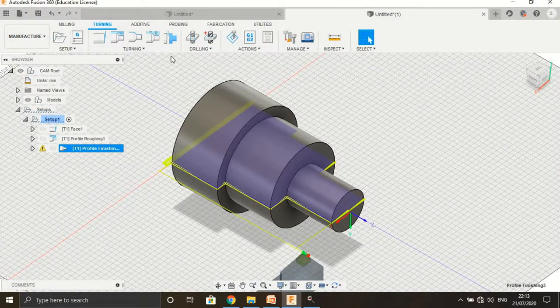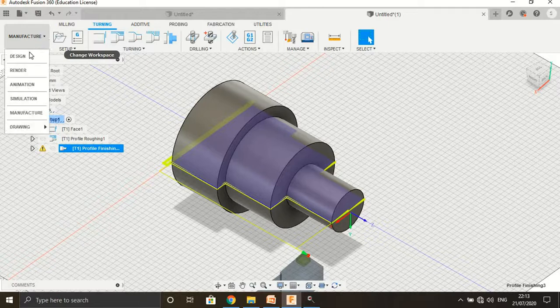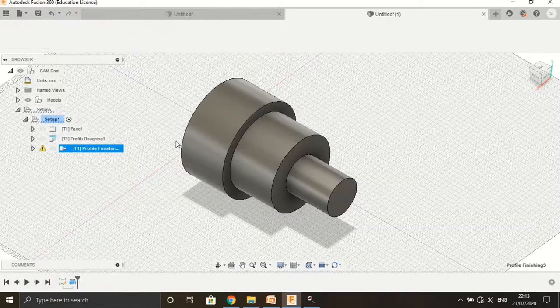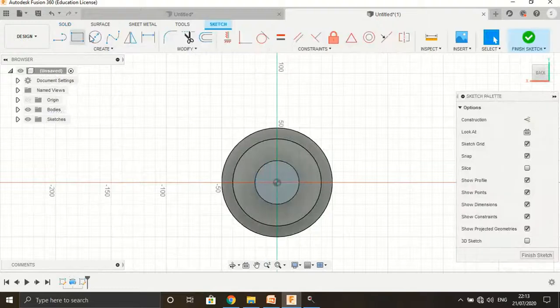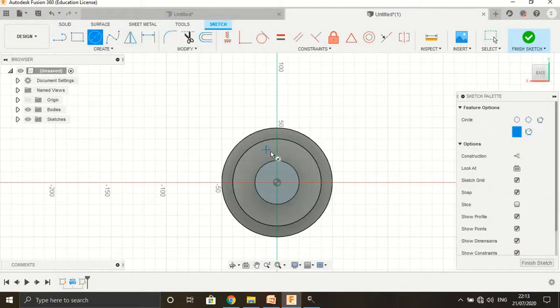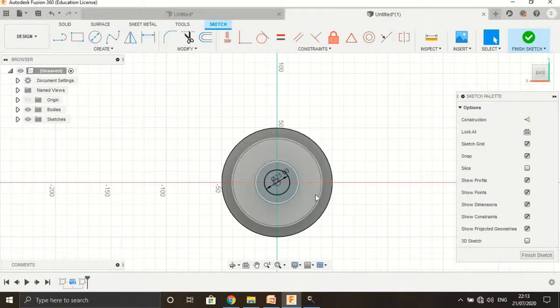For the drilling operation, again go for design. For that, select the front face, select create sketch, circle. About 23 we can select, because the tool available is of 23 diameter.